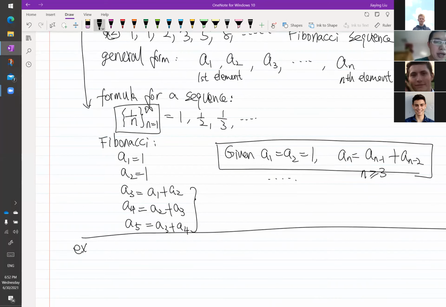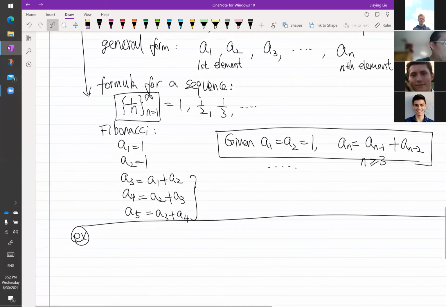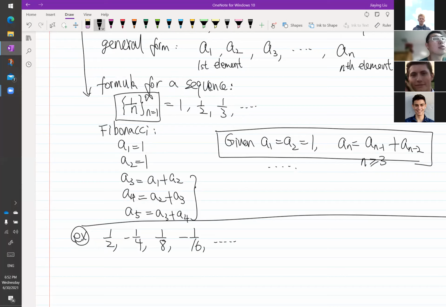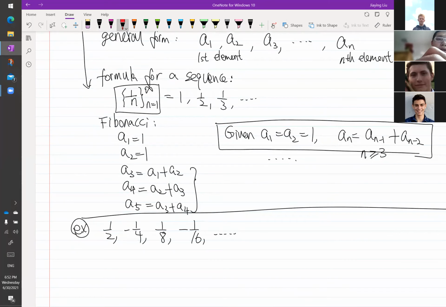And another example I have is that if I have a sequence 1/2, -1/4, +1/8, -1/16, and it continues. Can we figure out a formula for this? Doesn't matter whether it's a recurrence formula or just a formula, change n. But if we look at this,